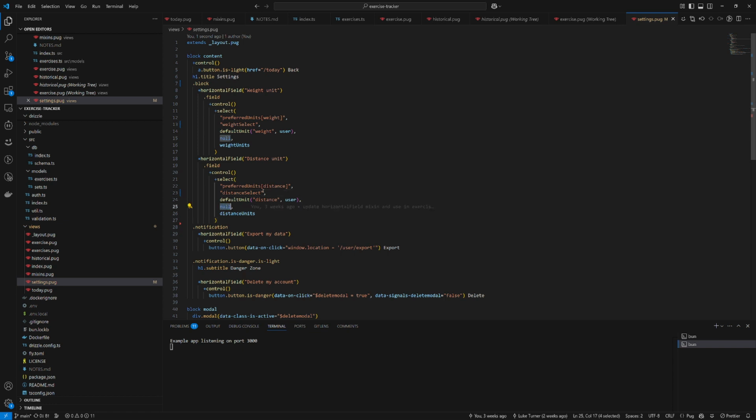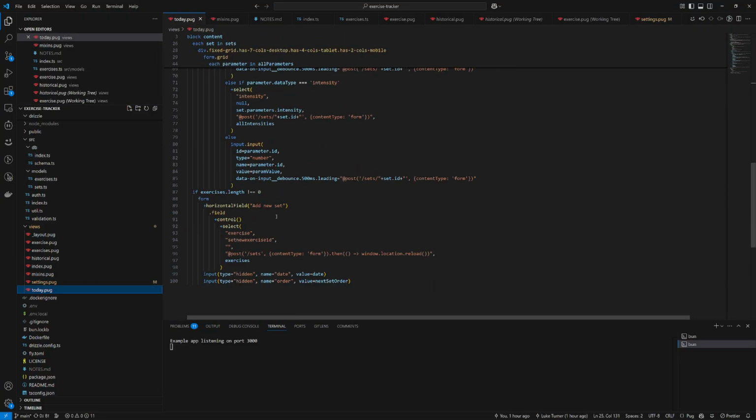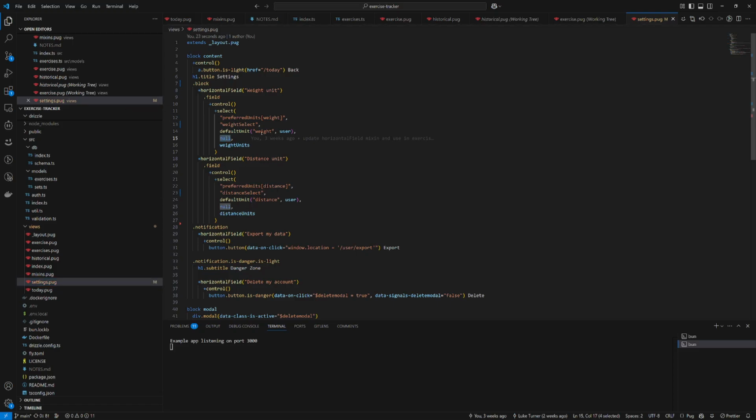And then for the on change, what we're going to want to do is a post. And so we have an example of that in the Today page, where on change, it's doing this thing. And we're going to want to do something kind of similar, except we don't need to reload the page, but I'm just going to copy this. So don't need window reload. And we're going to post to /settings. And, oh yeah, actually I will make this a form. So by having this be content type form,